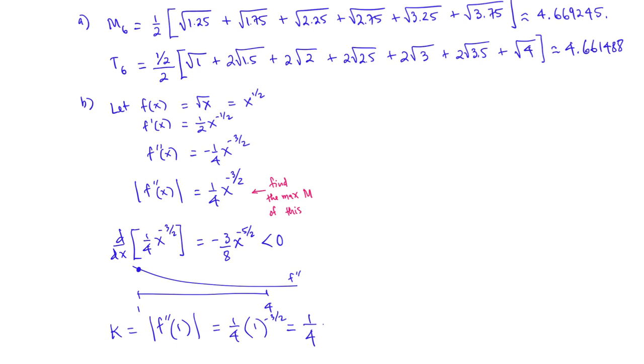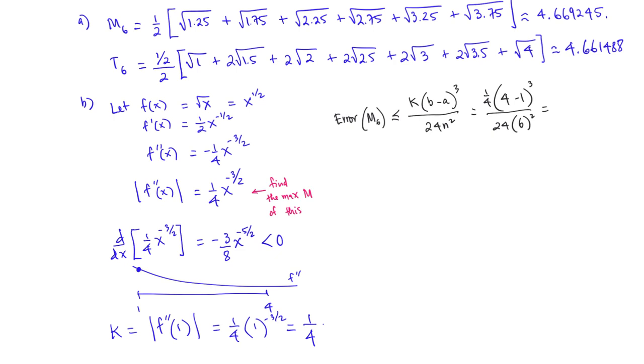The k that we would need in the theorem is therefore 1/4. The error bound for M6 is less than or equal to k times (b minus a) cubed over 24 n squared, but k is 1/4, b is 4, a is 1, and n is 6. This is 1/128, or approximately